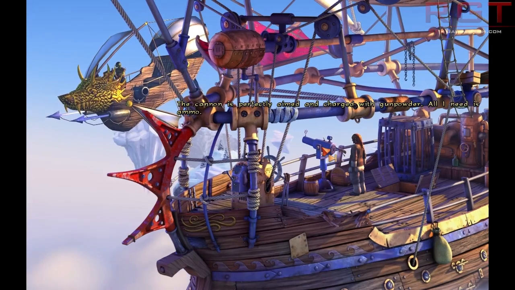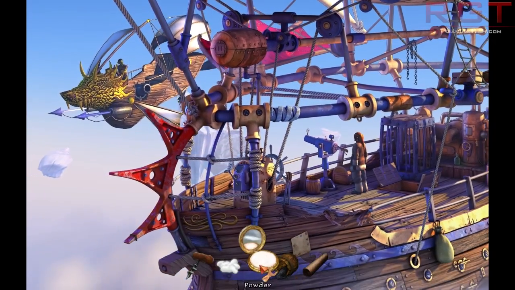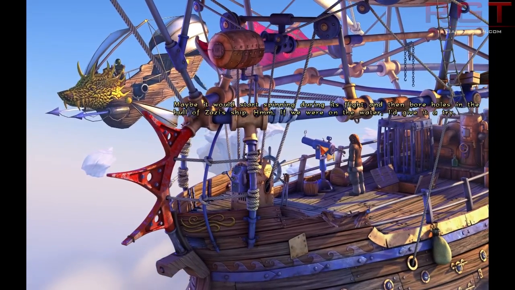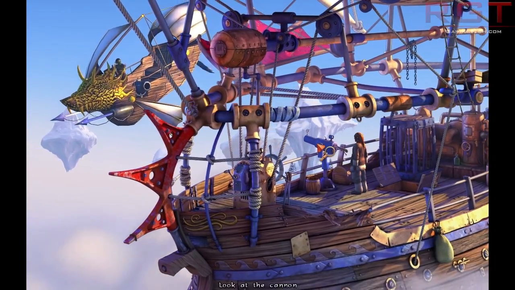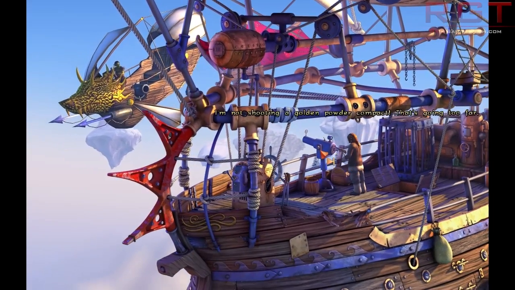The cannon is perfectly aimed and charged with gunpowder. So it needs ammo. Maybe it would start spinning during its flight and then bore holes in the hull of Mazaz's ship. If we were on the... Okay. I'm not...